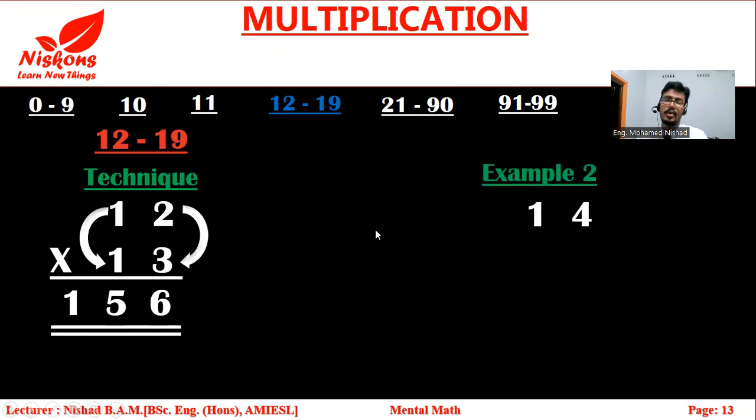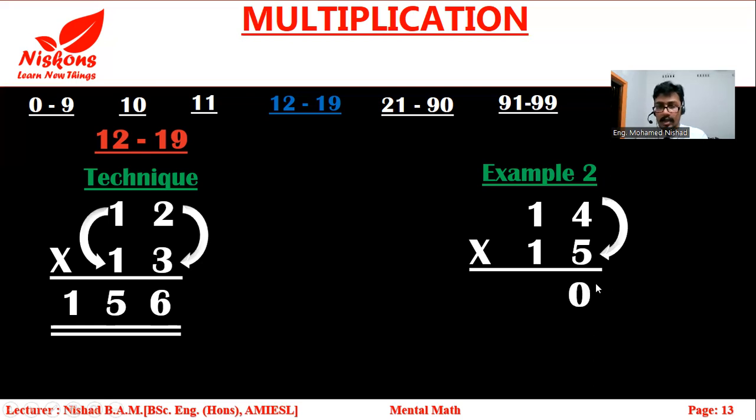As an example, if we are going to multiply 14 times 15, it's very simple. We have to multiply this number 5 times 4. That will be 20. We have to write only that 0, and then the 2 will be a remainder, right? And then after, we have to add these two numbers, 5 plus 4, right? 5 plus 4 will be equal to 11, right? From that 11, we have to add that remainder. So 11 plus 2, that will be 13. So that,